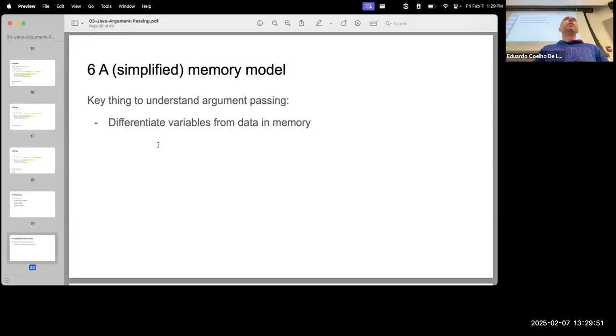We have these assumptions, these mechanisms that Java goes through, and our understanding of how and where the values live in memory gives us the definitive answer and the intuition to understand why these things happen